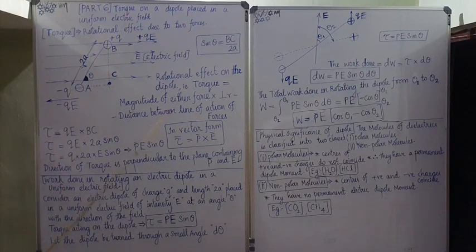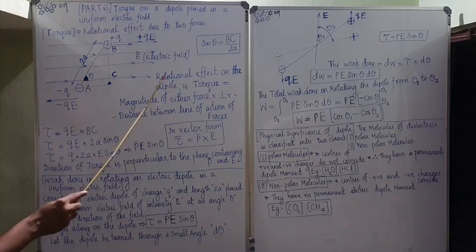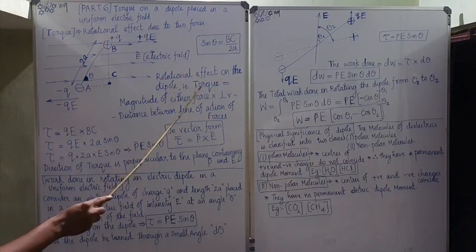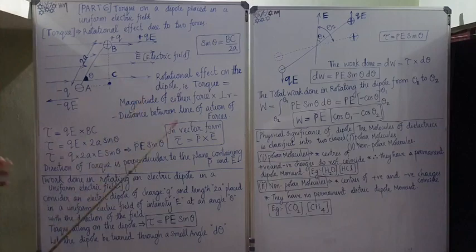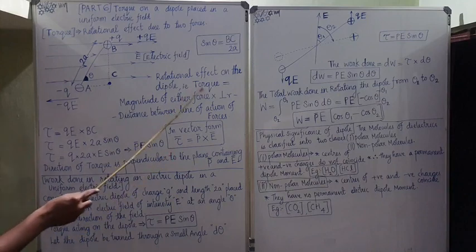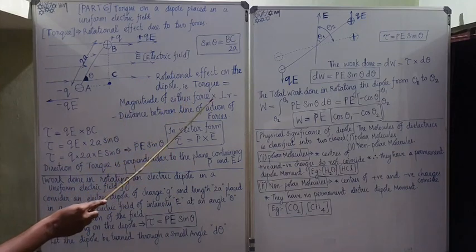The rotational effect is due to the two forces: the dipole force and the electric field, which act against each other. So the rotational effect due to this dipole is the torque produced over there. The interaction of the two forces gives a rotational effect. That's the torque, equal to the magnitude of either force